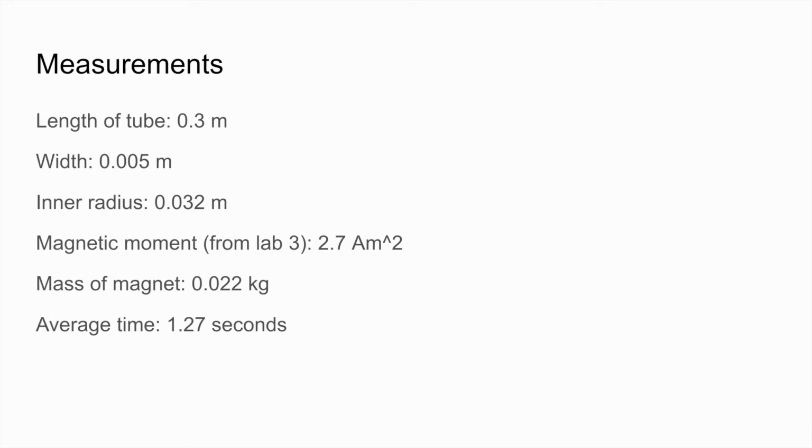For the lab setup, the length of the aluminum tube was 0.3 meters, the width of the foil was 0.005 meters, and the inner radius of the foil was 0.032 meters. The magnetic moment, which was calculated back in Lab 3, was found to be 2.7, and the mass of the magnet is 0.022 kilograms. And when we drop the magnet through the cylinder 5 times, we get the average time taken to be 1.27